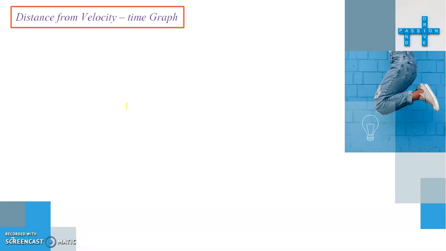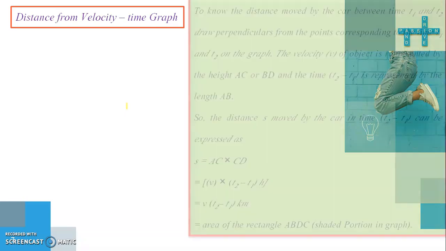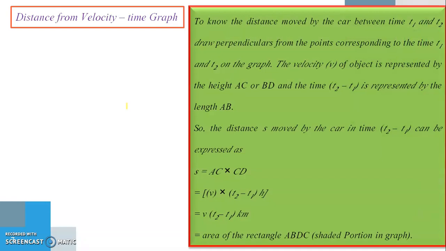Now here we will find the distance from this velocity time graph. For this we will draw the graph. To know the distance moved by the car between the time interval t1 and t2, let's draw the graph. Here this is time along the x-axis and velocity along the y-axis. Now suppose a car is moving straight and after time t1